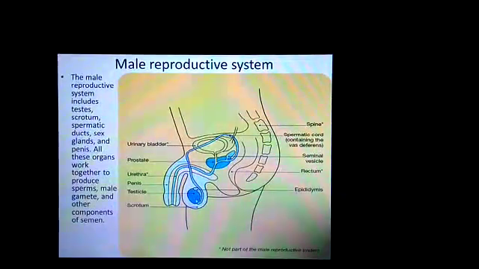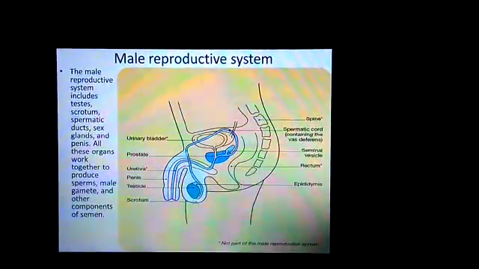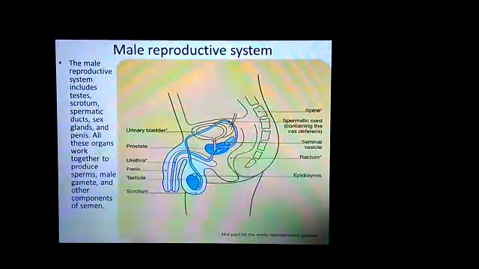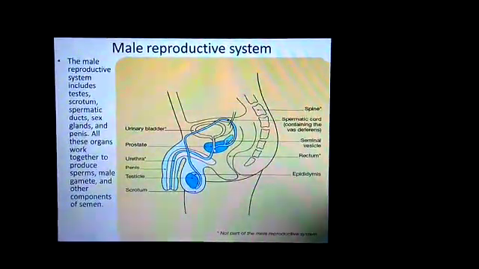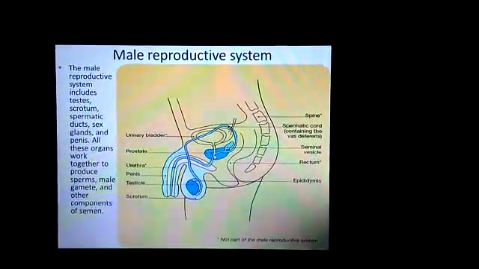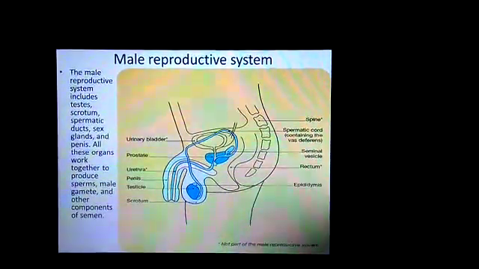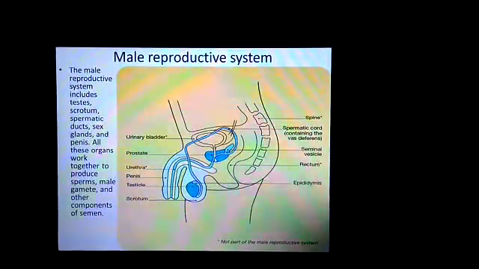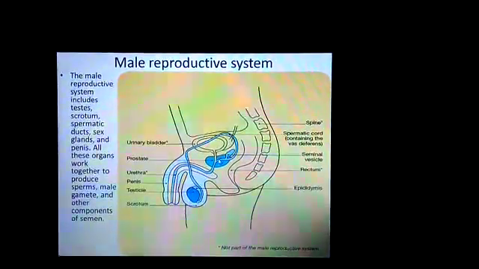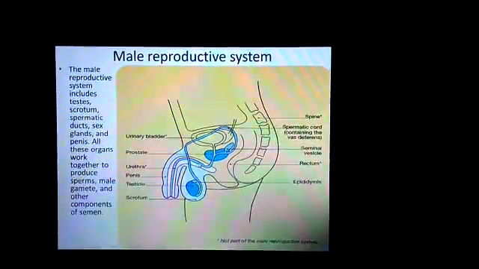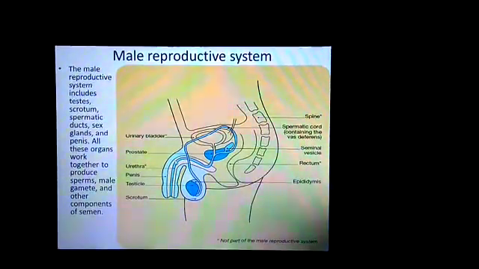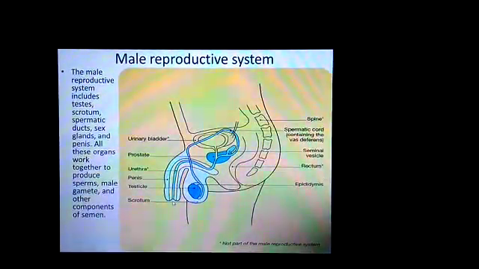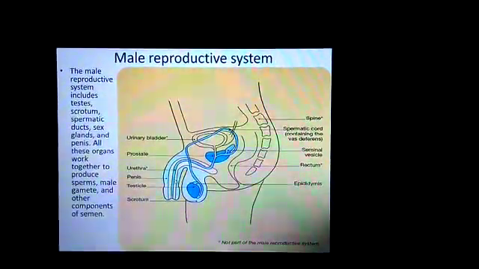After the production of sperm, this sperm duct carries the sperm and brings it to the sperm duct which is connected with the urethra. During ejaculation, the sperm come out from the body with the help of this sperm duct through the penis. This is about the male reproductive part.